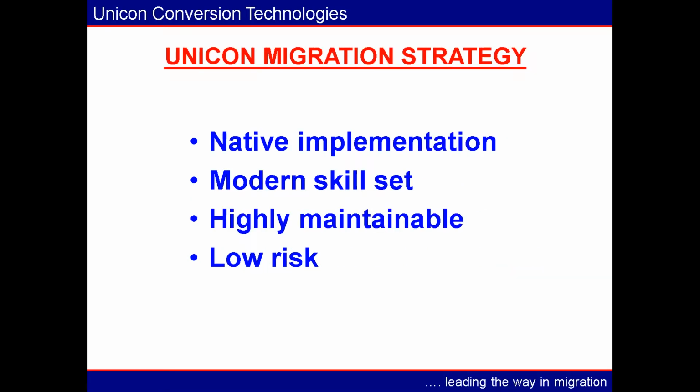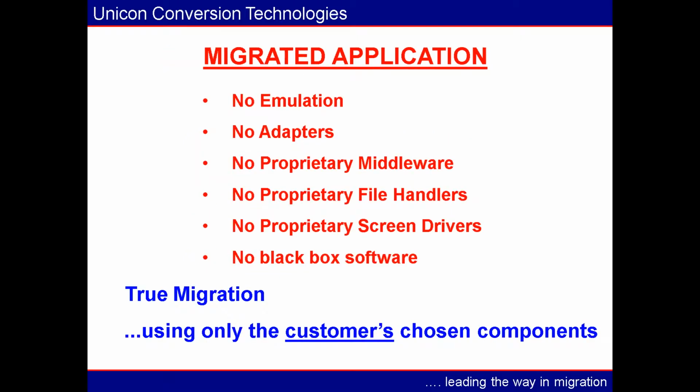The key elements to a Unicon platform migration project are: the migrated system must be a native implementation on the new platform. It must only require modern skill sets to enhance or maintain. It must be highly maintainable. It must be a low-risk project. The migrated application contains no emulation, no adapters, no proprietary middleware, no proprietary file handlers, no proprietary screen drivers, and no black box software. The migrated application is a true conversion to run on the customer's chosen platform using the